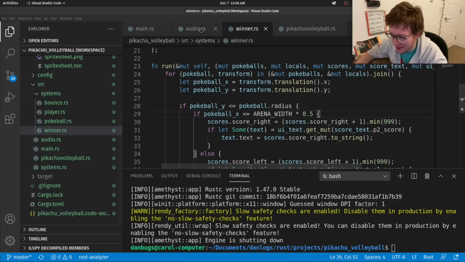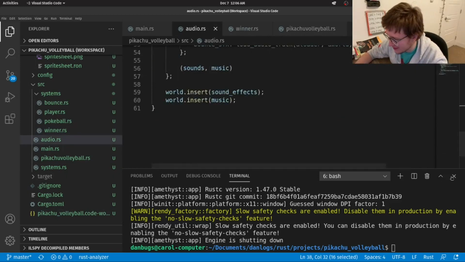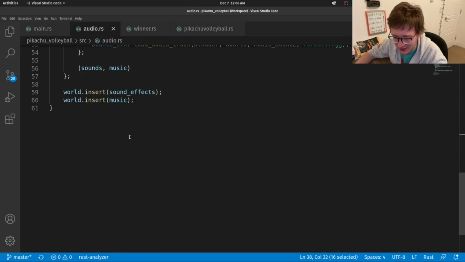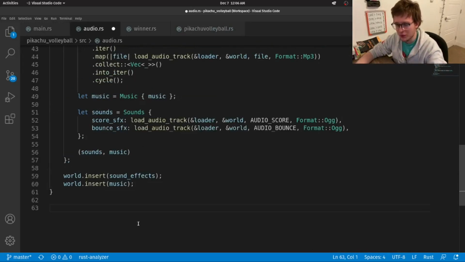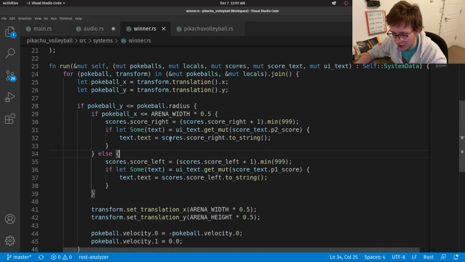Right, so let's go back to audio.rs. Close this, minimize this. So what we want to do now is create helper functions to give access to winner.rs. Okay, let's rephrase that.